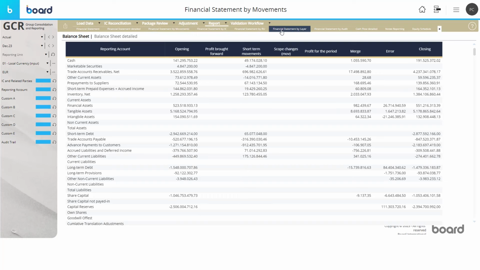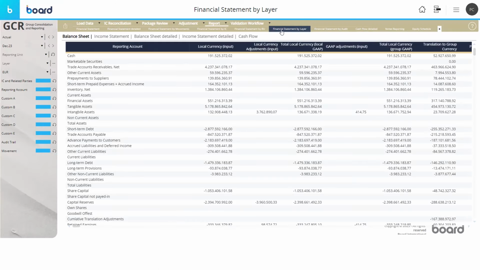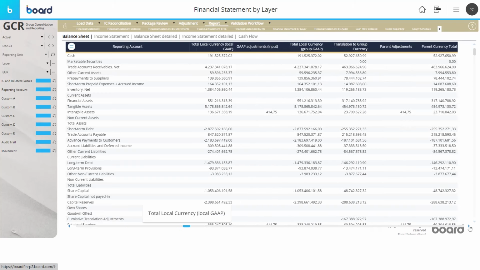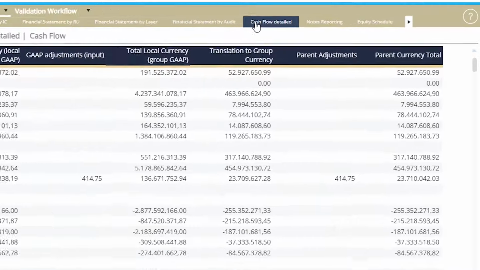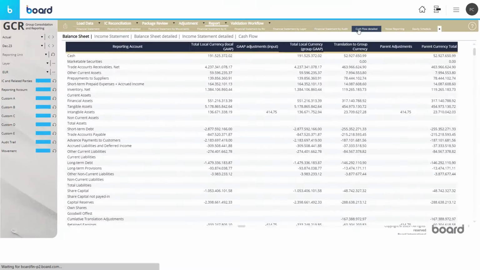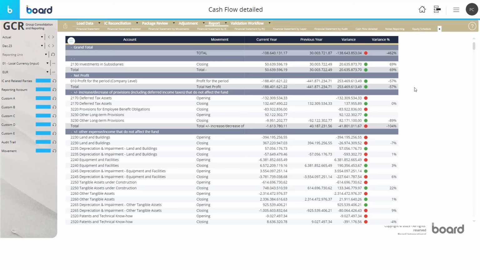And finally, Board offers reporting by layer, so I can explore calculations and eliminations that occurred throughout the consolidation process. I can see what was loaded in local currency, finalized local GAAP data, any local adjustments, translation to group currency, parent adjustments, and final parent currency values, all generated as a standard financial statement. I'll now view details of my cash flow statement and how it maps to income statement and balance sheet accounts. So, if we want to know accounts mapped to an increase or decrease of inventories, I can simply expand to